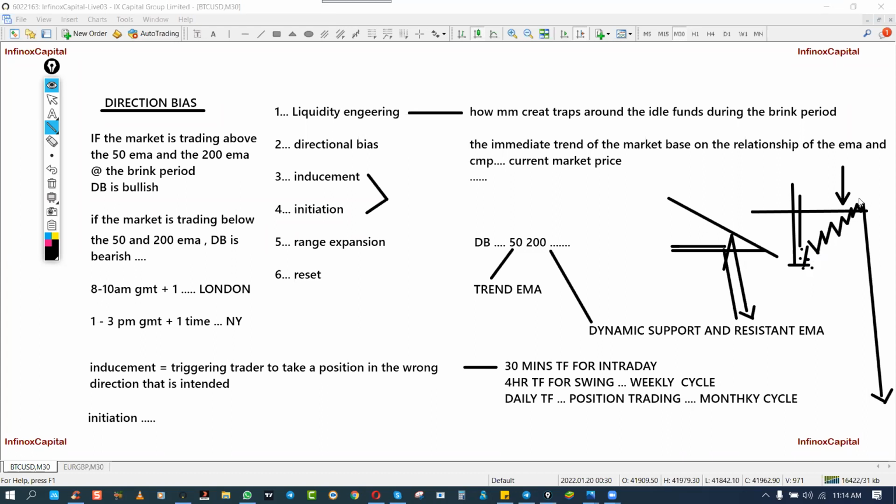Why did they go up in the first place? First, they mitigated this void that is created here, and therefore came back to almost the supply that was created to initiate this move before later going down. This is where our AR50 normally comes in, or AR00. And I will show you on chart how to see this in reality.